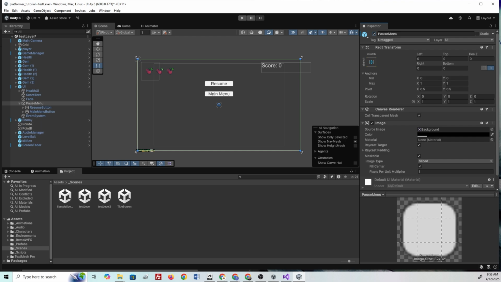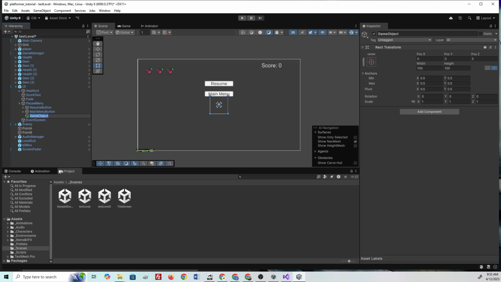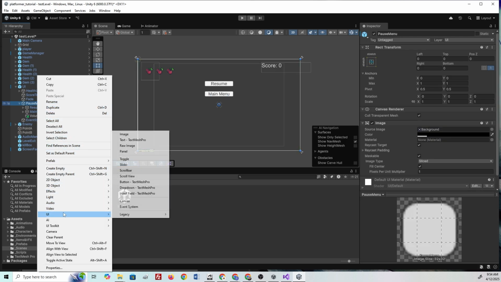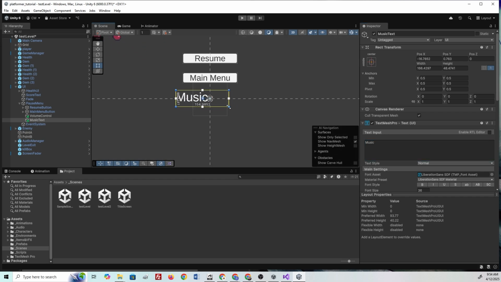I want to create a few things first. Inside our pause menu, we're going to create an empty game object. We're going to name this VolumeControl. And we're going to use that a little bit later, so don't worry about that for right now. But we are also going to go to UI, and we'll go to Text Mesh Pro. We're going to name this Music Text. And we'll type in music. We're going to go ahead and shrink this box down